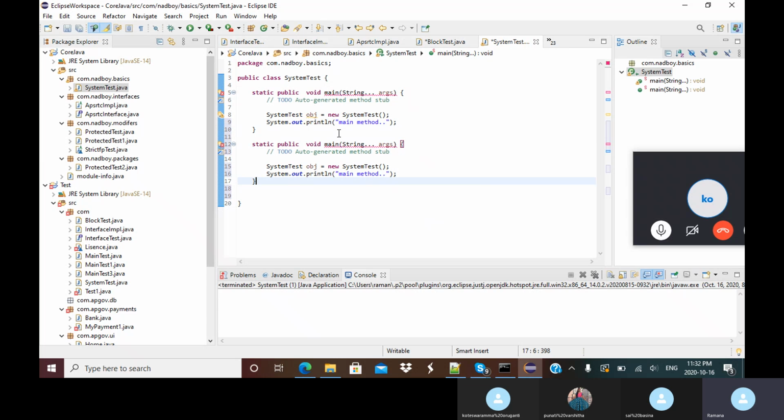Method signature means including its arguments, return types, or modifiers. With the same thing, you cannot give a duplicate name. So this is clear, but the point here is